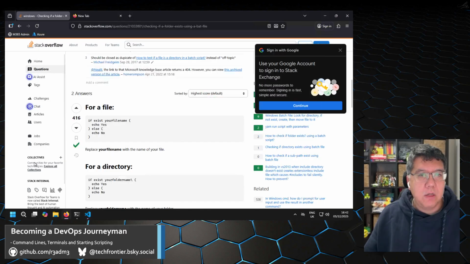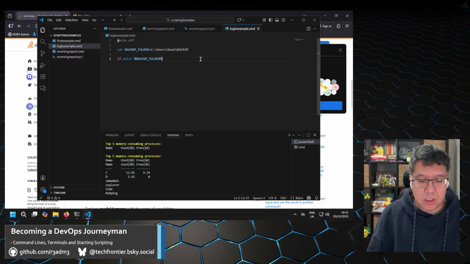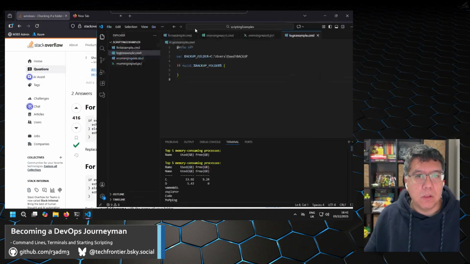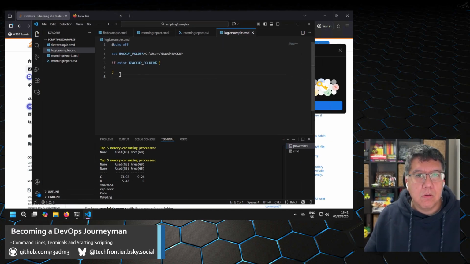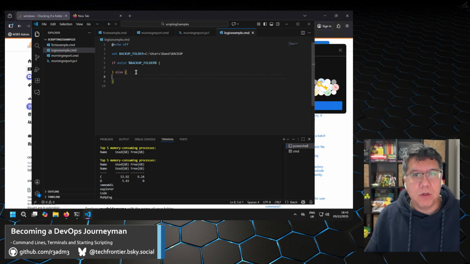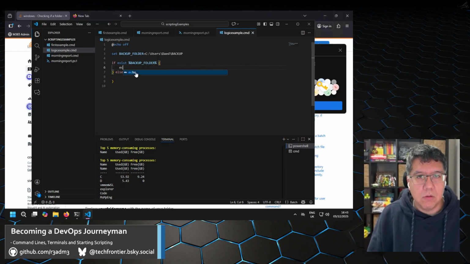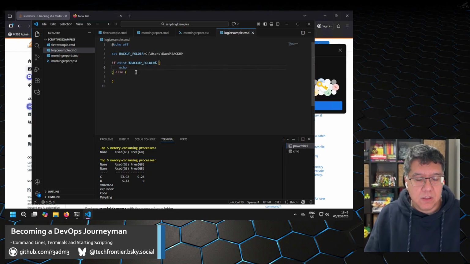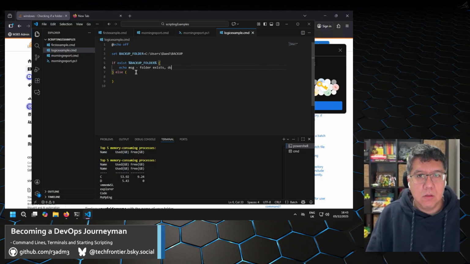And what we'll do is, if exist, I just have to check the syntax because I'm in lots of different languages, so I quite often get mixed up between the languages. Right, I'm doing else. This is why we start having to think about programming logic and things. So I'll do if exist, so we can say, all right, message folder exists, do nothing,